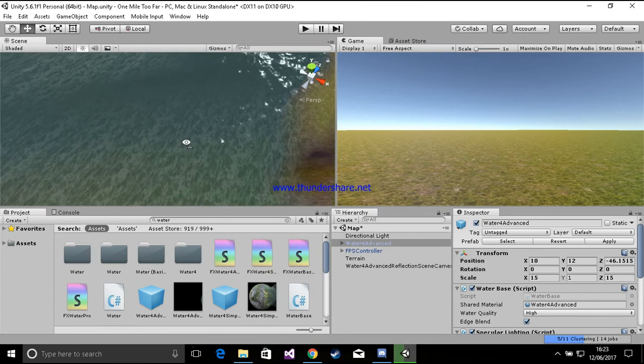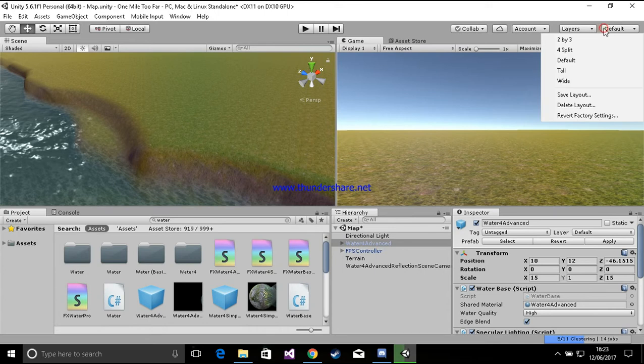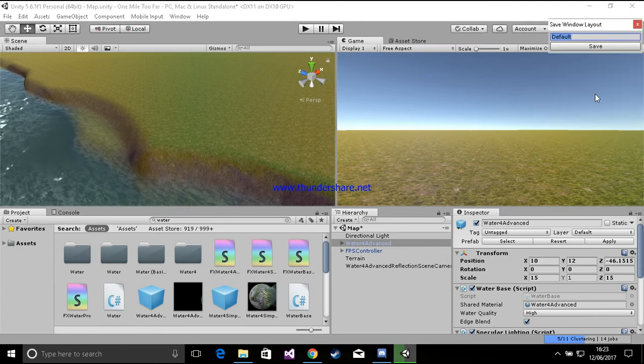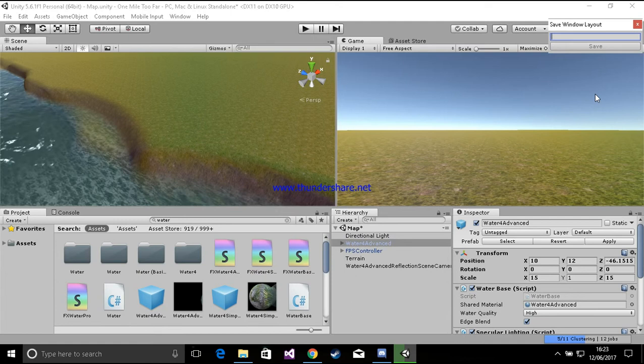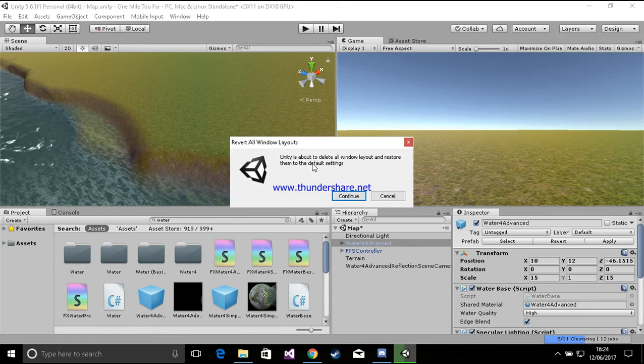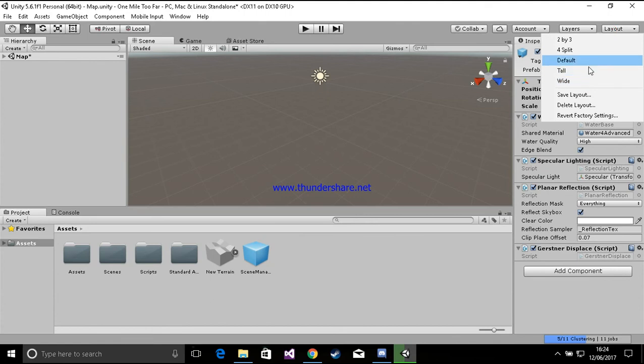God. Right, if that happens to you, I've figured out a way to fix it. Basically, go into... in fact, I'm just going to save layout. I will save this as design for the sake of it. Basically, you want to revert to factory settings. And then what I'm going to do is